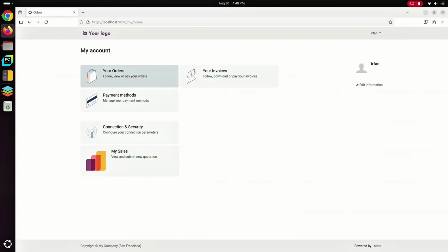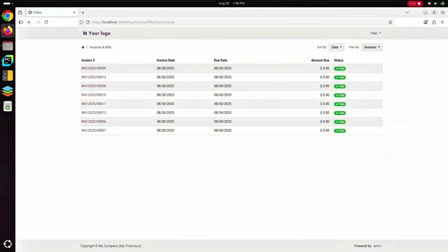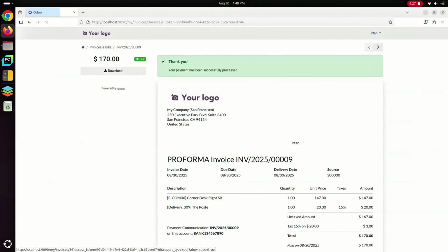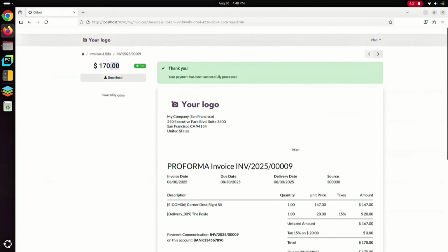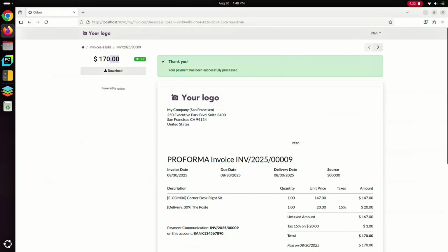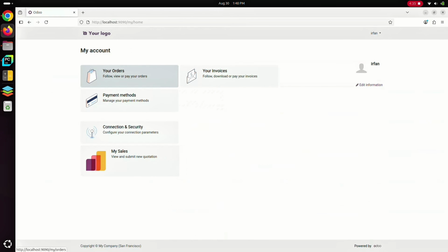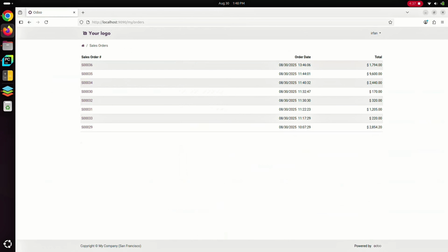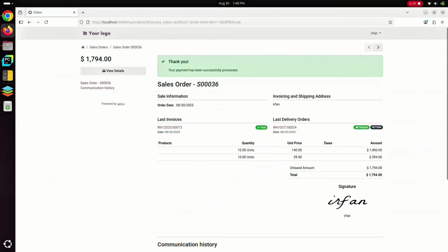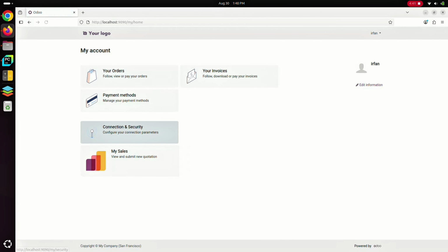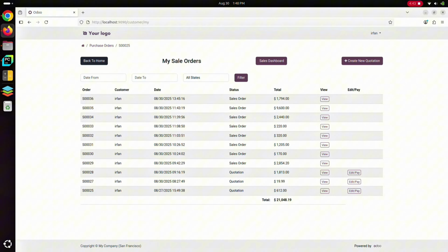So see, this is already what we have done, and by default you can also see your invoices here. And see, this is your invoice regarding the orders. If you want to check the orders, select the default Odoo orders also, open any one, so you will see the invoice and delivery status also. So I hope everything